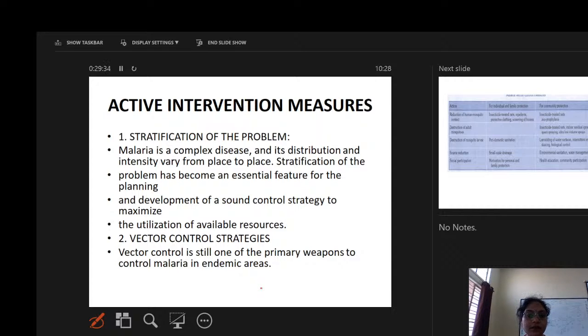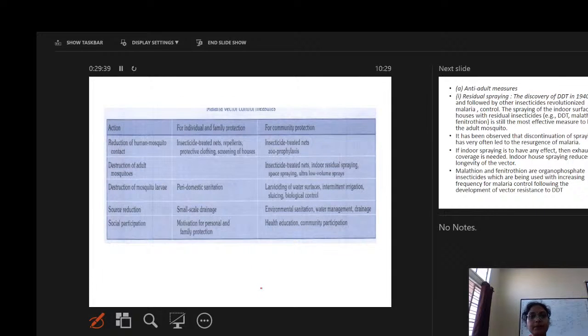Okay, next, vector control strategies. Vector control is still one of the primary weapons to control malaria in endemic areas. So the most favorite answer, I just kept it in a box. For individual and family protection, reduction of human-mosquito contact, you will have ITN, repellents, protective clothing, these Odomos creams, these All Outs, all these. Next, for community protection: insecticide treated nets, zooprophylaxis is done. Destruction of adult mosquitoes